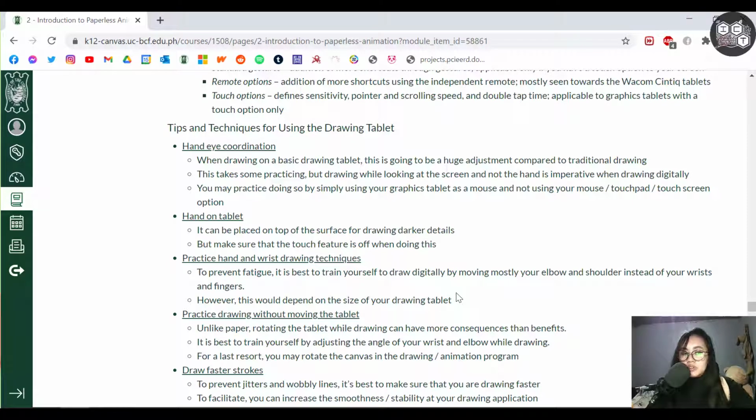It is also okay for you to place your hand on your tablet, but please make sure that if you have a touch feature, like for a Cintiq or a Wacom Intuos, you turn it off. Also, please practice your hand and wrist drawing techniques. Really important. Your drawing tablets can get a bit hotter. So if you would like to prevent carpal tunnel, please make sure to always take a lot of breaks, because if your hand is always on a hot surface, you can get carpal tunnel syndrome